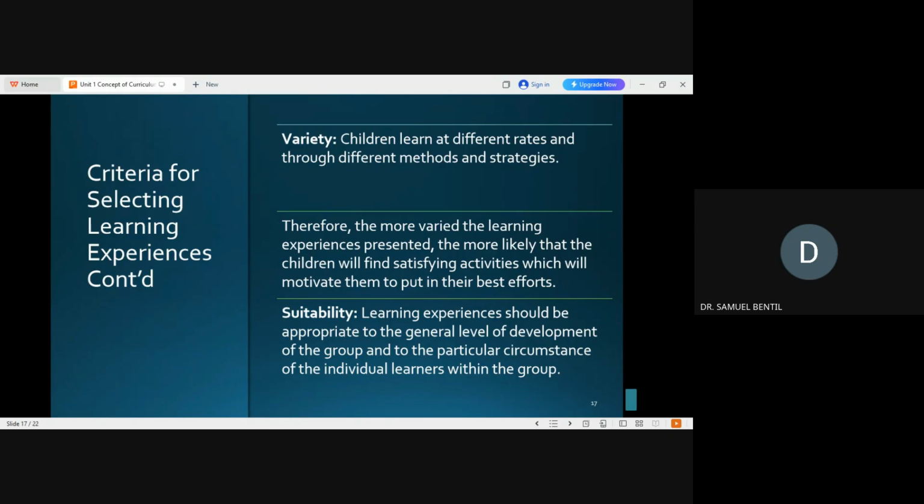Then we have the variety principle. Here we are saying that variety means that you vary. You see, as teachers, learners are different people with different experiences, learning styles, different ways of learning, different needs and concerns, and abilities and aptitude. It is expedient, it is important that you vary your instructional methods. It is instructive that you vary your learning experiences or your methods in order to enable the learners with different learning styles and different abilities achieve their objectives.